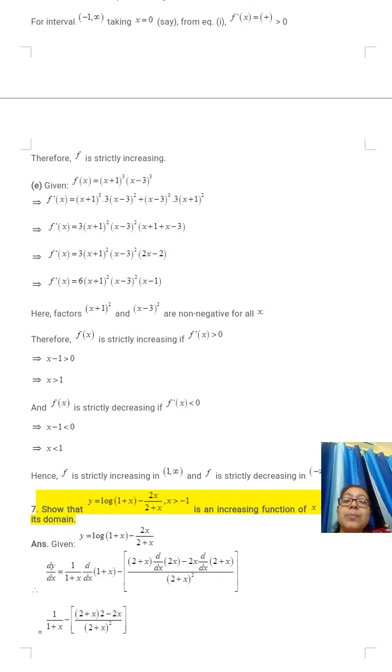Then the next part is also the same way. We have to remember that if f(x) is given, then we have to find f'(x), and then put f'(x) equal to 0 to get the value of x. So now we can divide the interval into two parts, or if two values of x come, then there will be 3 parts. Now for each part separately, you have to consider one point, put that point in f'(x), and then you will get whether f'(x) is greater than 0, less than 0, or equal to 0. According to that you have to decide whether it is an increasing or decreasing function or not.